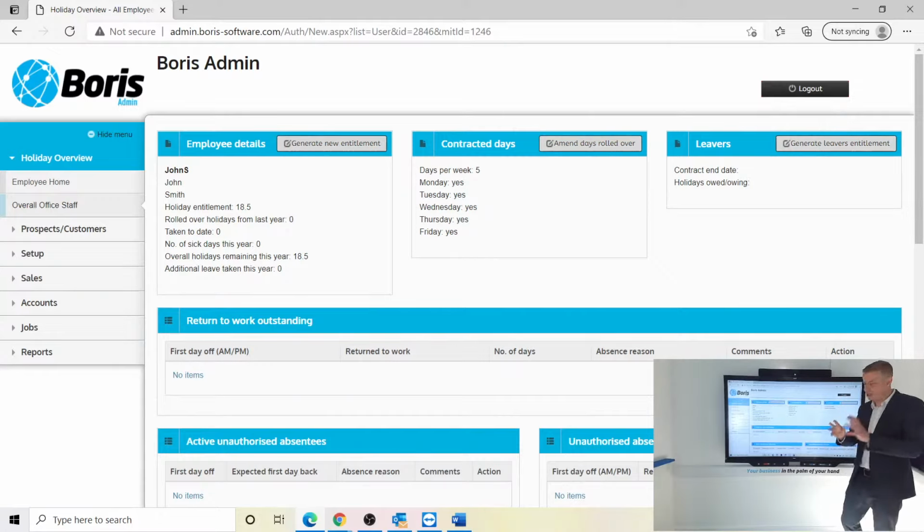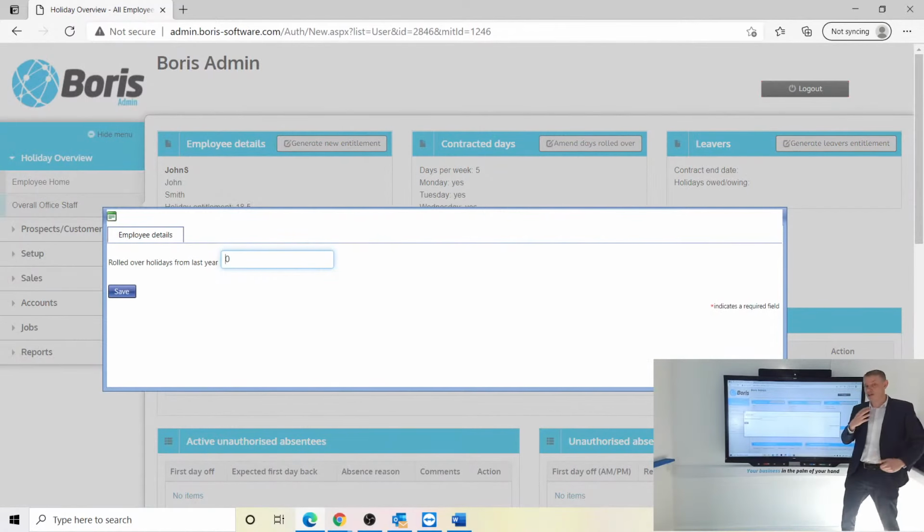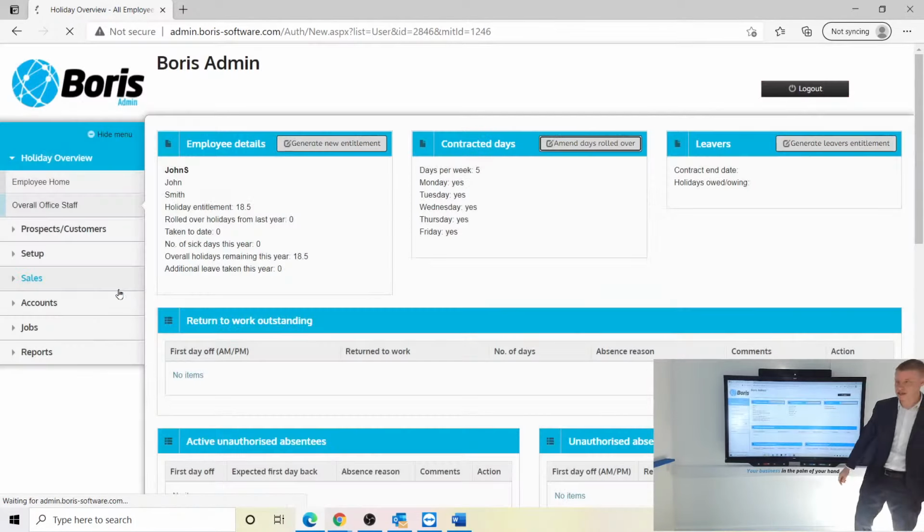So we've given you the ability within the Boris system to add those rollover days into the system. And if you move across to the amend rollover days, this is where as an administrator, I have the right to assign some extra days to this individual. So I'm going to give John his 5 days that he's rolling over from